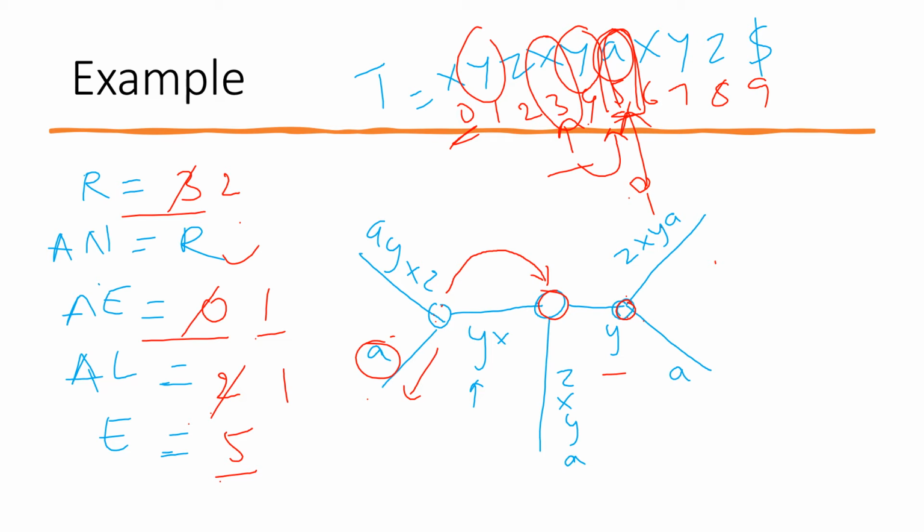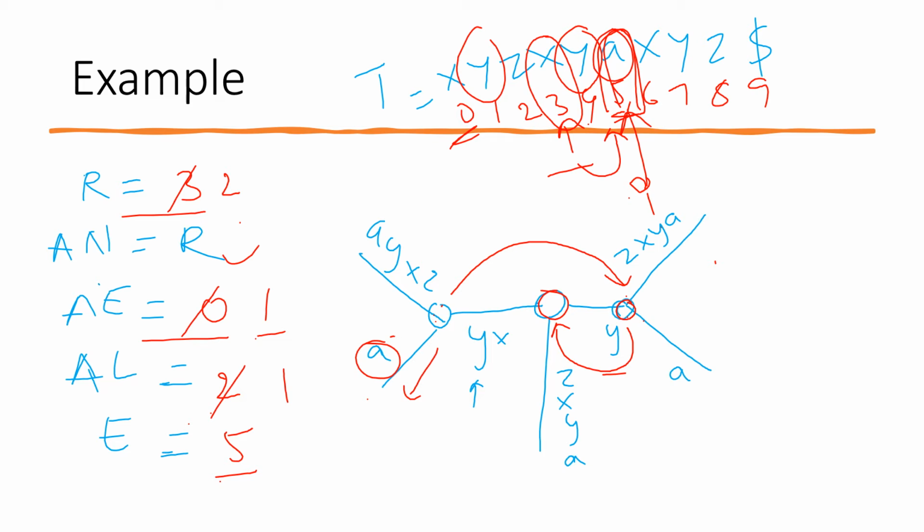So we'll have to change the suffix links from root to this internal node. So I'll have to change this from this. But for this, I'll have to point it to the root again. So if I create another internal node, then I can point this to the one. But so far, it has to be the root. Every internal node should have a suffix link. So I just pointed to the root.